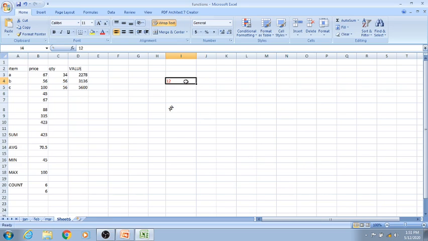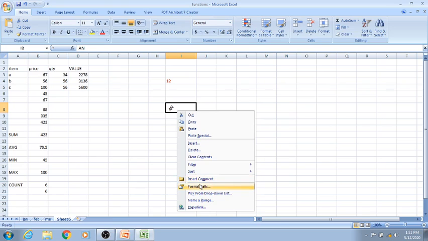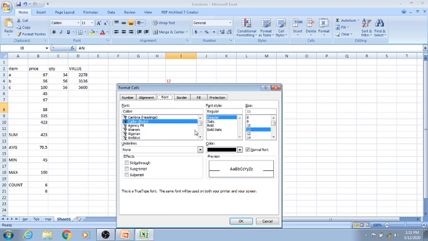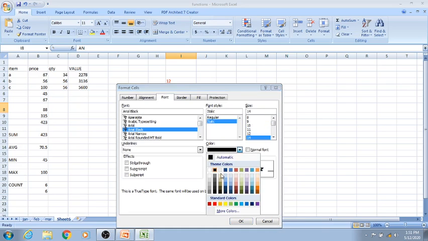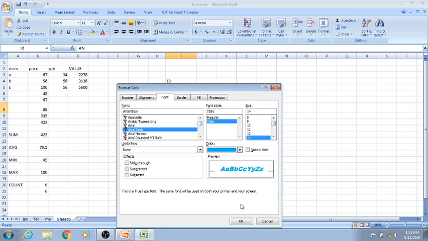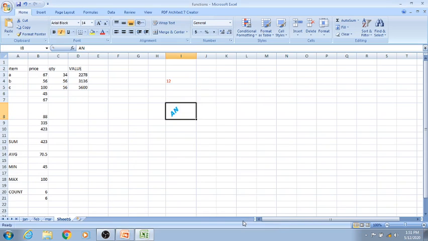You cannot, because the font is basically meant for the text. So come over here, press the right mouse button, say Format Cells. Now you can change the font, you can change the style, you can change the size, you can change the color. Fine, and say okay. Done.